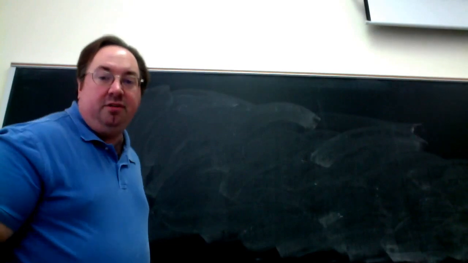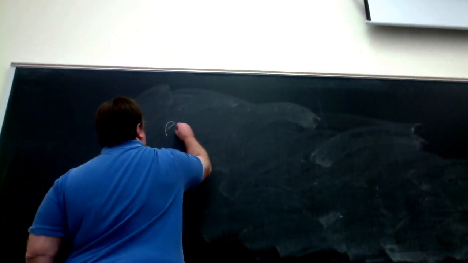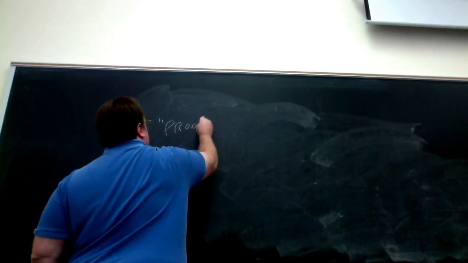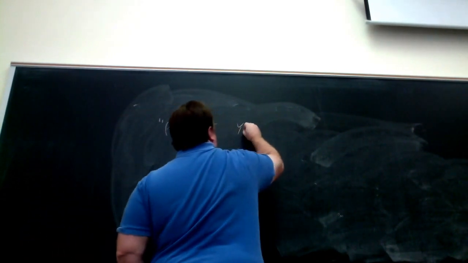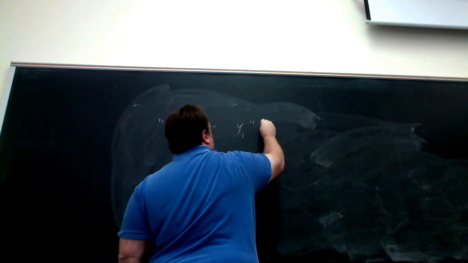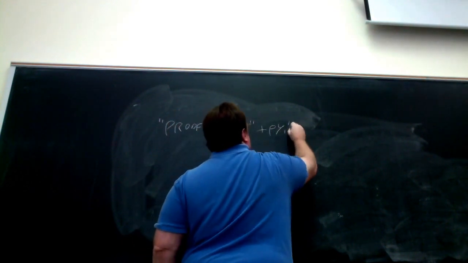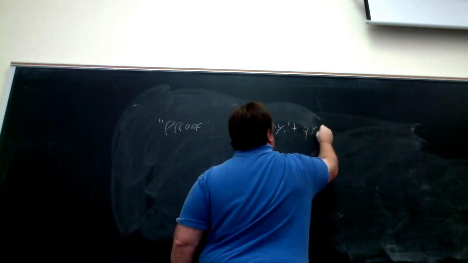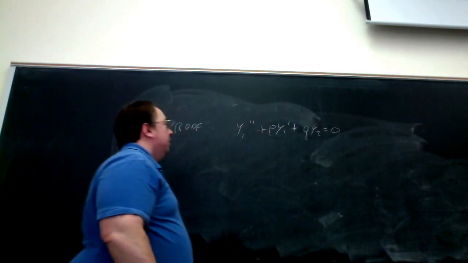Okay. Because what you can do is, I'll put proof in quotes because I won't have time to do the whole thing. So if you have y1 double prime plus p y1 prime plus q y1